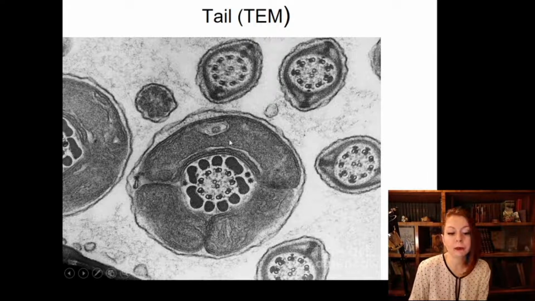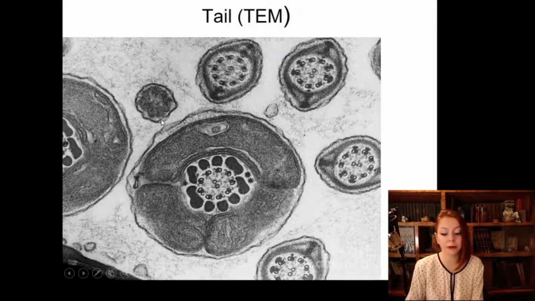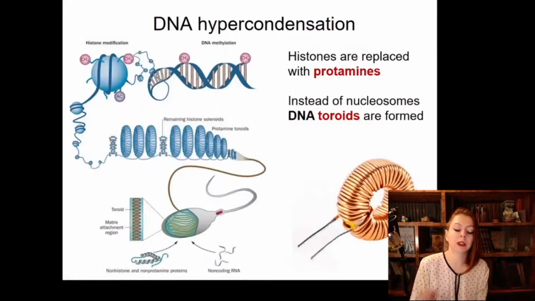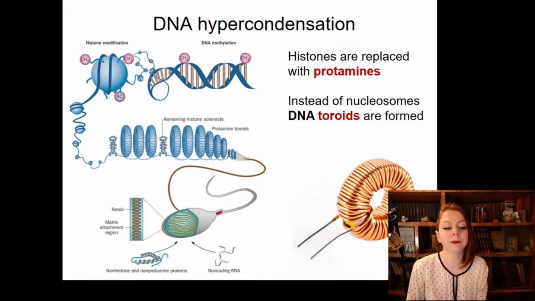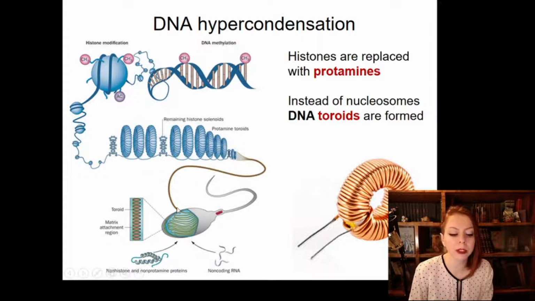So this is the middle piece and the plasma membrane around it. Then here we can't see mitochondria, but axoneme and fibrous sheath. So this is the principal piece, and this is the end piece, because only the axoneme is surrounded by the plasma membrane. Very easy to distinguish. Yeah, and also we have to mention that in the head of the spermatozoon, I forgot